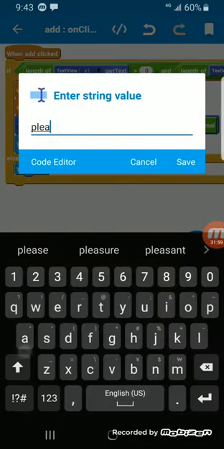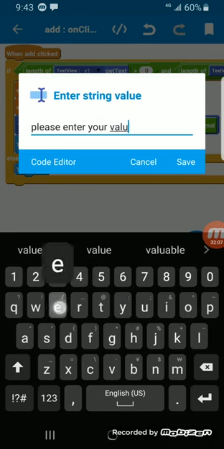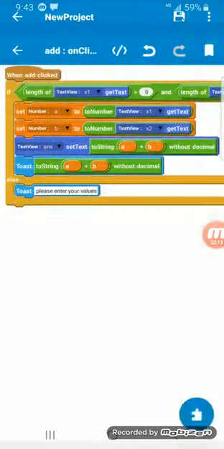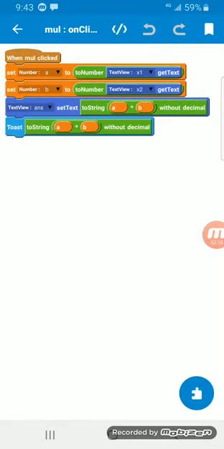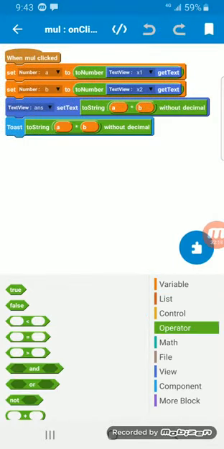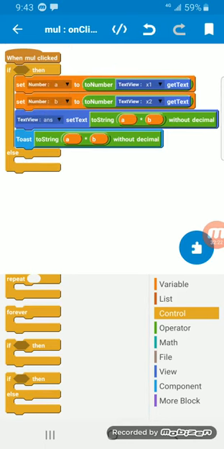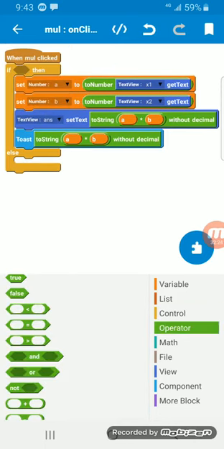Please enter your value. See, okay, now we'll go back. We'll go and do the same to the whole. Enter multiplication 2. Go to control, if else block, drag it,